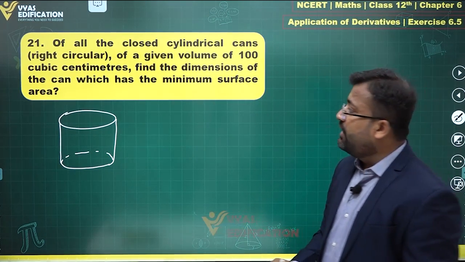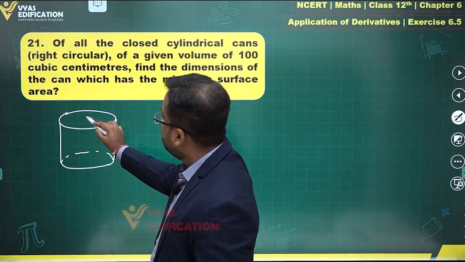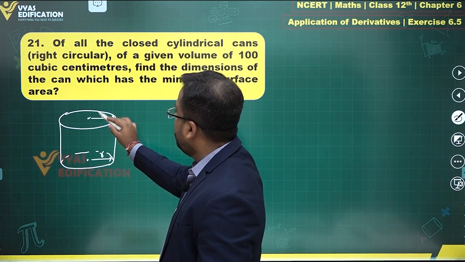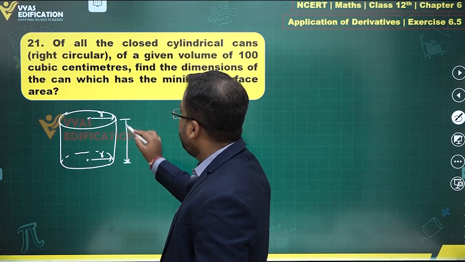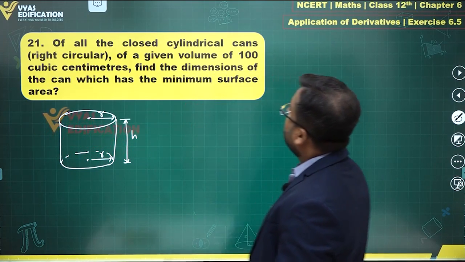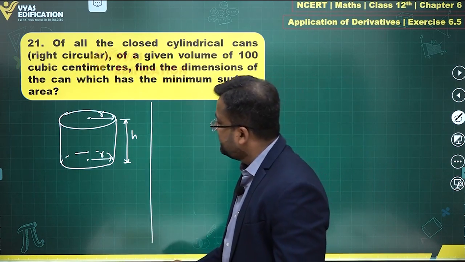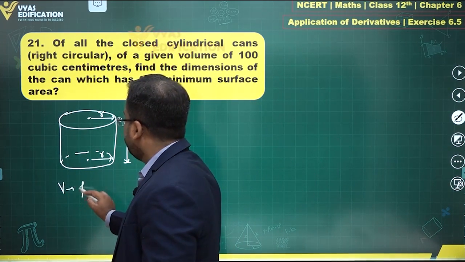Circular base, circular top, and this is a right circular cylinder. Yes, this will be the center, this will be the center, this will be the radius, this will also be r, this is the height h. Okay, of all the closed cylindrical cans of a given volume, volume is fixed in this case, V is fixed,